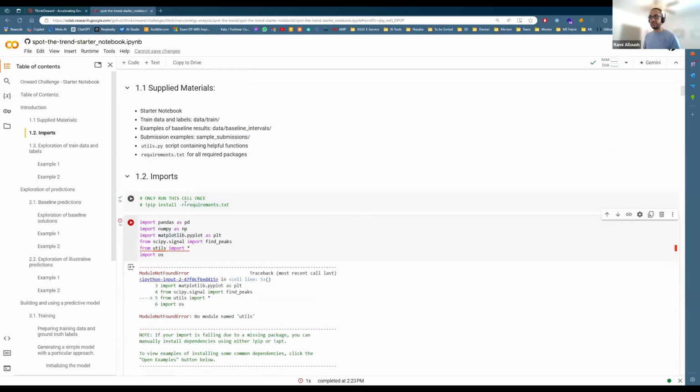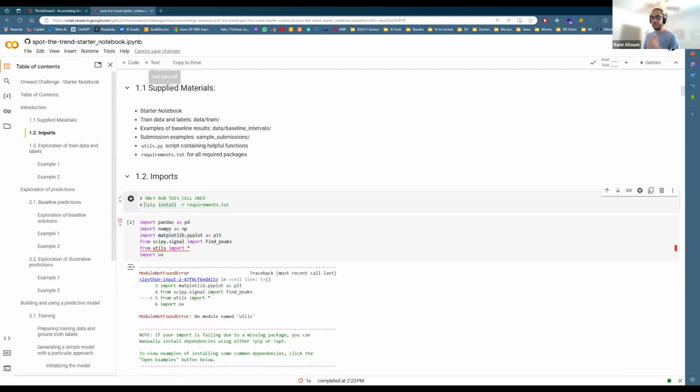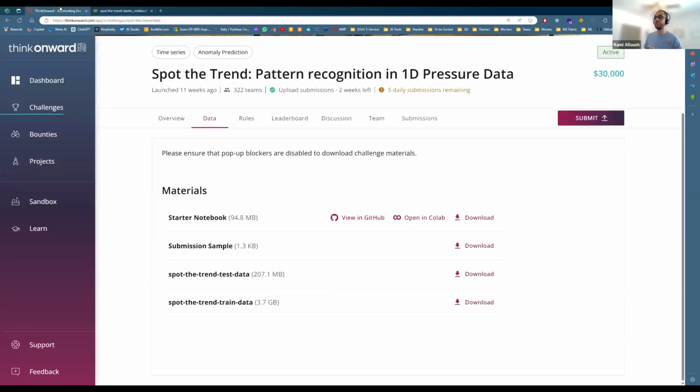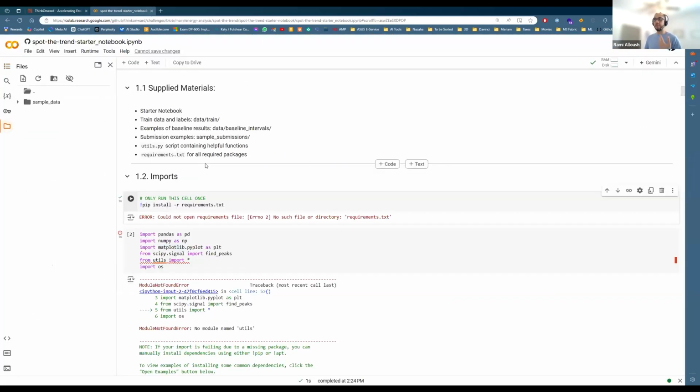So for you to get started to play with this, you click on Open in Colab. You come here and remove the sign. This sign means it's a comment, so it doesn't really execute. But if you remove it, now you can run it. You see what's happening. Now we don't have the requirements. So the code here is trying to install some of the libraries, to get the required libraries from the internet,